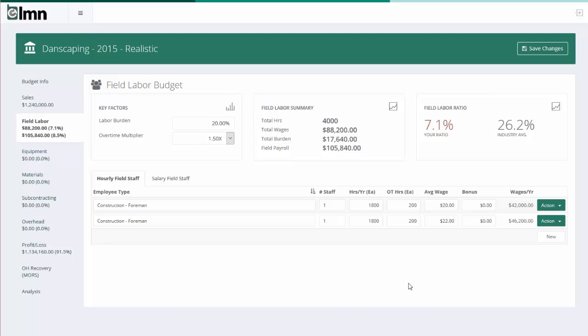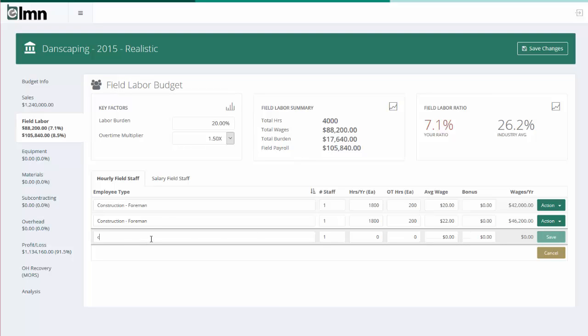Now let's look at how to budget for their laborers. Here's a good way to show you how to group employees together by role. So one option I have is to enter each laborer one at a time like I did with the foreman. But it's a lot faster if you do it this way. Hit New. Construction